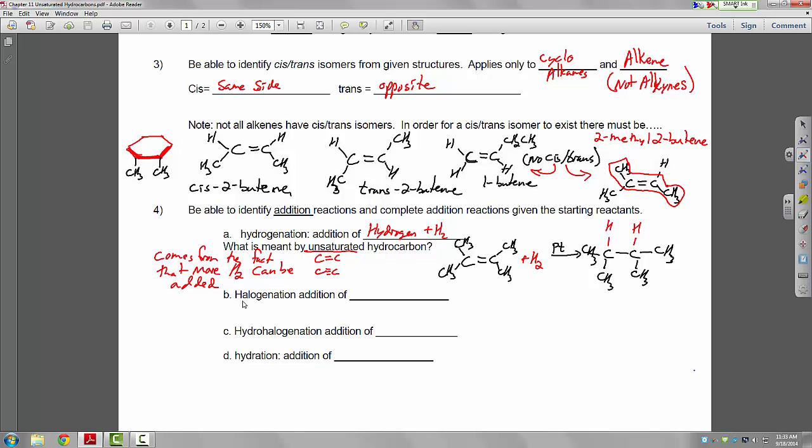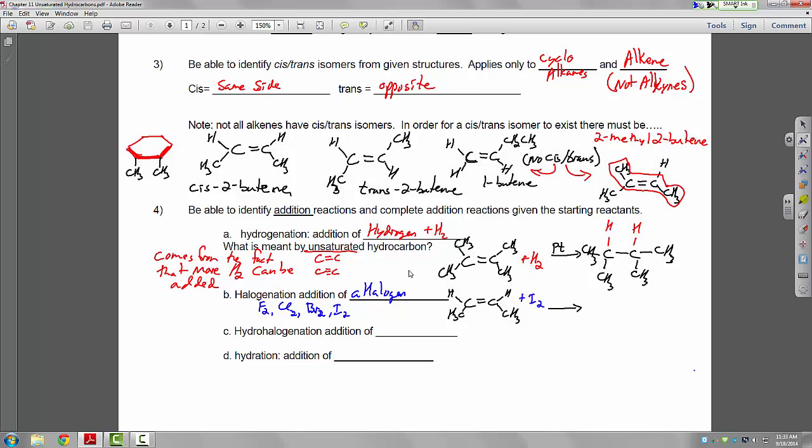Halogenation. Halogenation is the addition of a halogen. The halogens are fluorine, chlorine, bromine, Br2, or iodine. So again, I'm going to make a little bit simpler hydrocarbon here. We can use maybe 2-butene again. Is this cis or trans 2-butene? Right, they're on the same side. This is cis-2-butene. If we react this with, let's say, iodine,